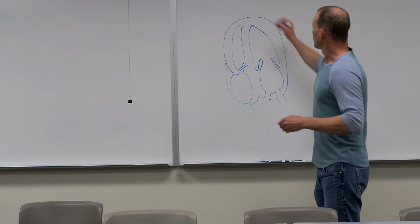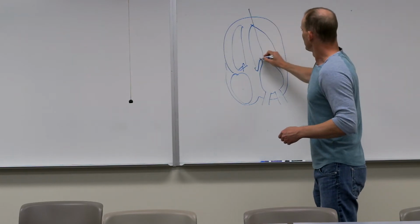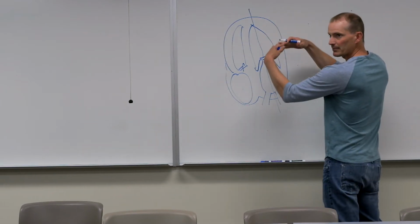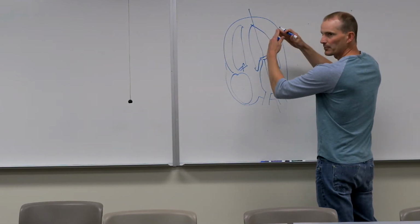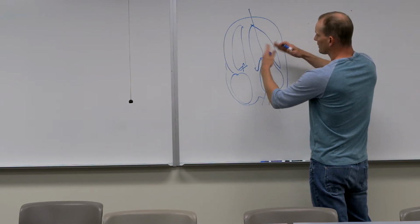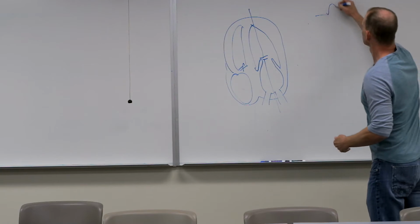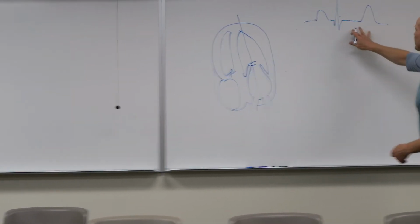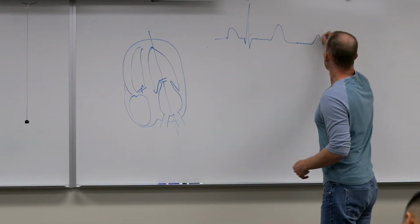So when we put the pulse wave Doppler and we gate it, we're going to gate it where the valves open, right? Remember they kind of flutter open, 1, 2, like this, and so the first thing that happens in the cycle. Okay, so this is systole. So what happens during diastole